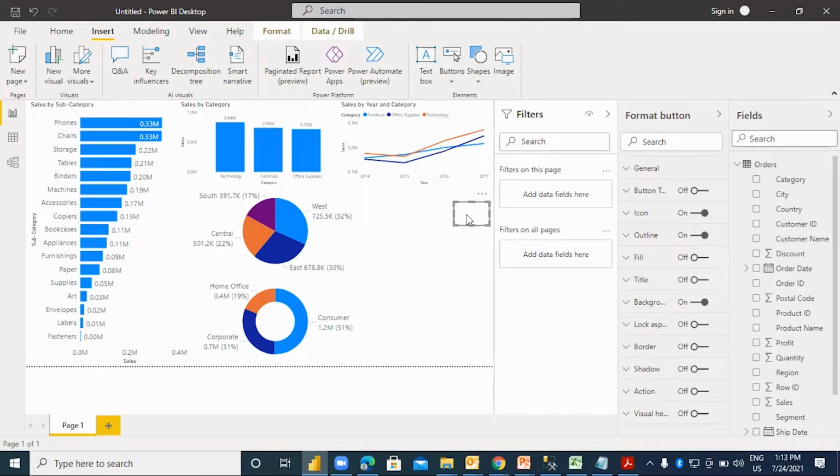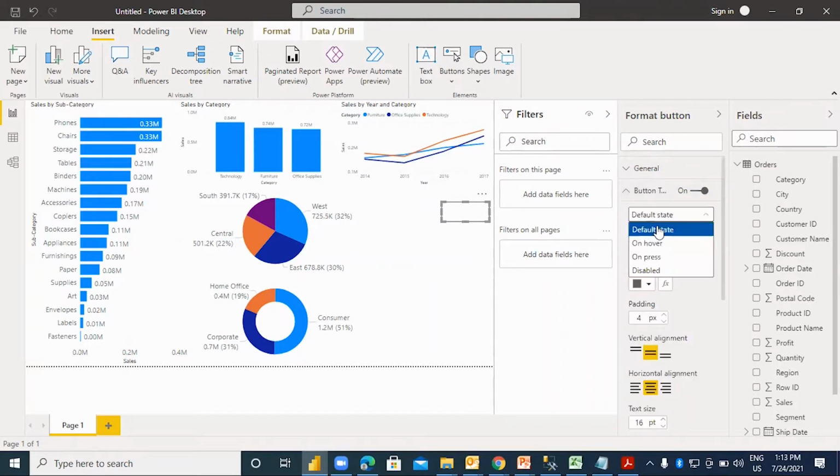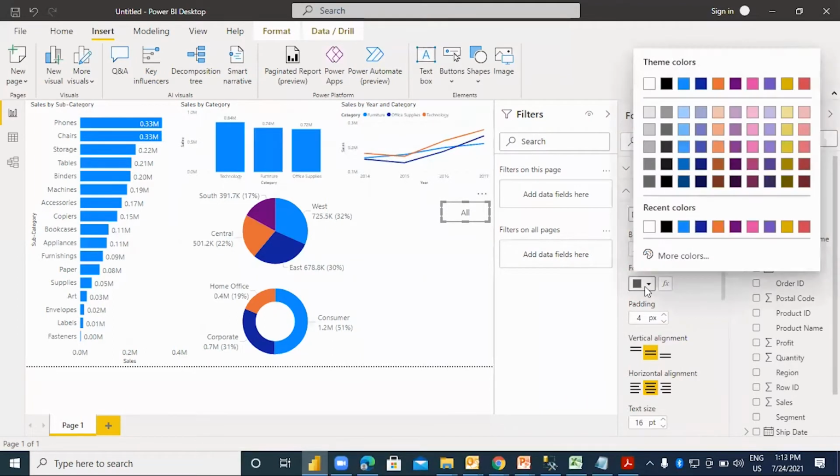Let me do some button text, quick formatting of this button. Let's make it as all.